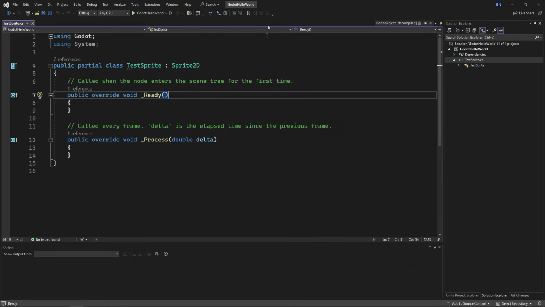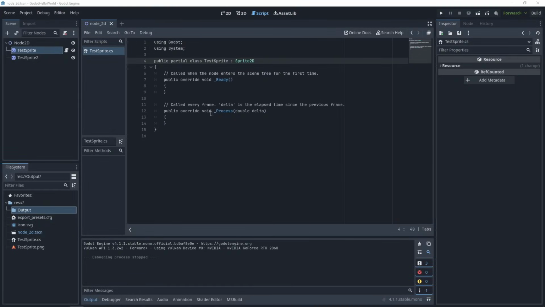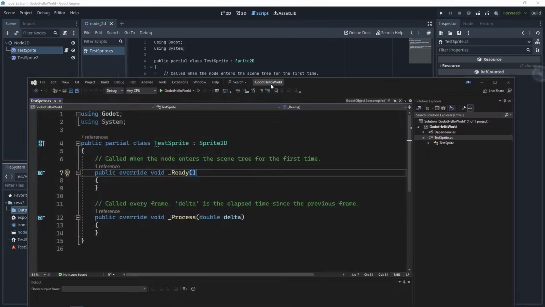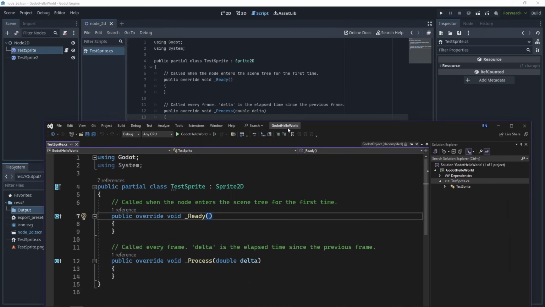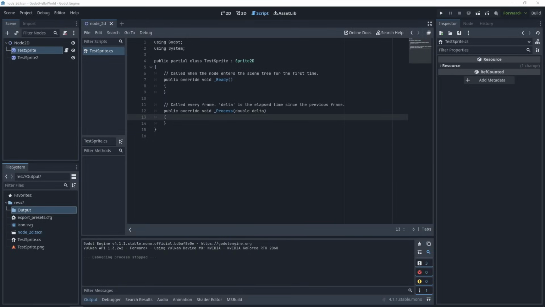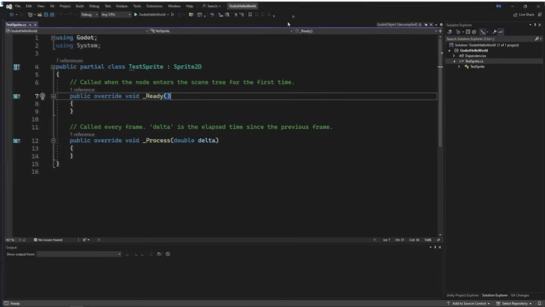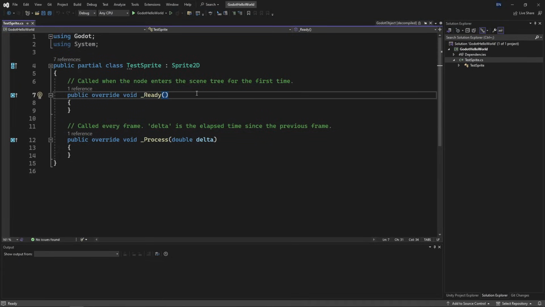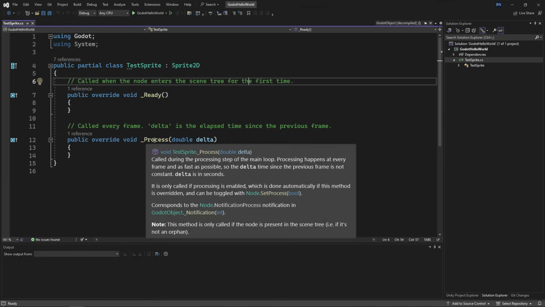So I can have that as an option, and I can have this editor as an option. I prefer the syntax highlighting of Visual Studio. Maybe the syntax highlighting is configurable here. We'll have to see. But I'm noticing a couple of different functions which are, again, very similar to Unity. I'm going to guess that the ready function is similar to the start or awake function in Unity, called when the node enters the scene tree for the first time. I'm sure there's a cheat sheet that compares these method names to their equivalent in Unity or Unreal. I'm guessing that translation is a little bit different, but